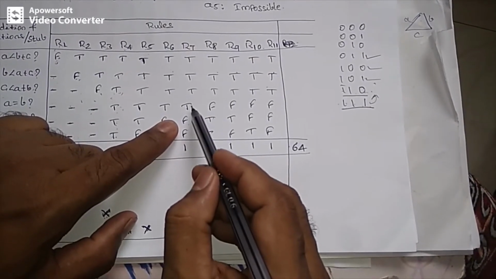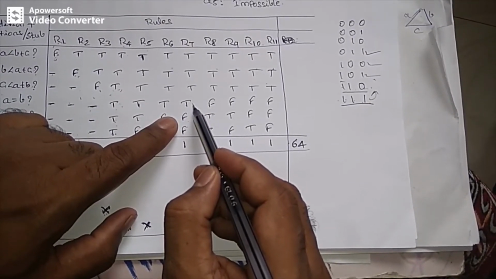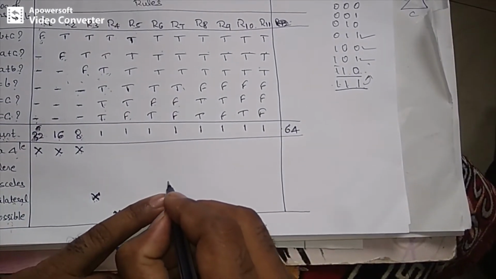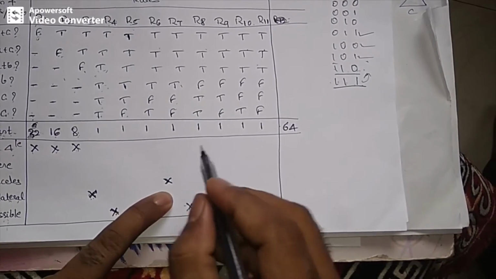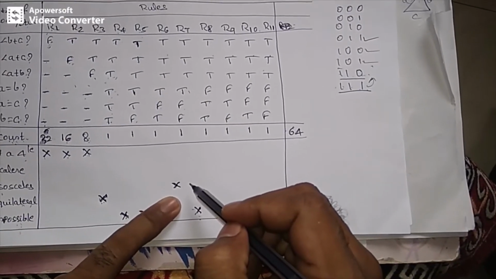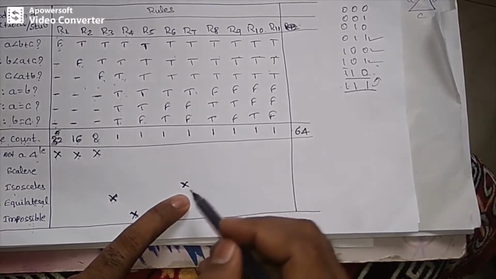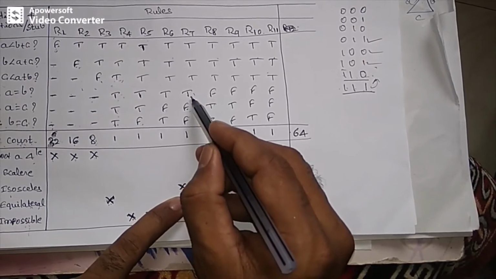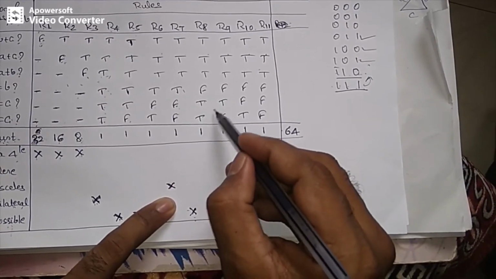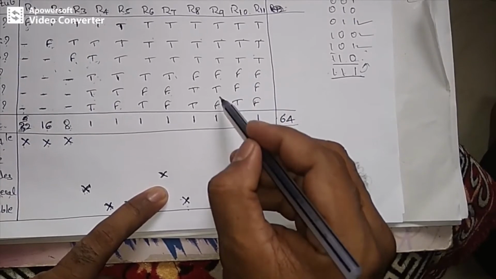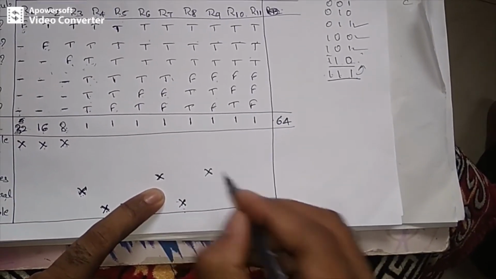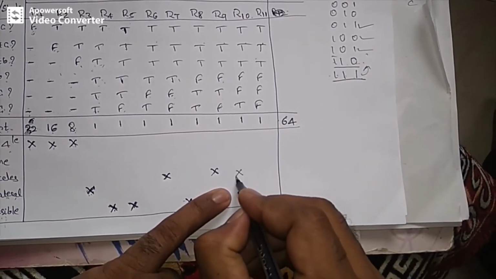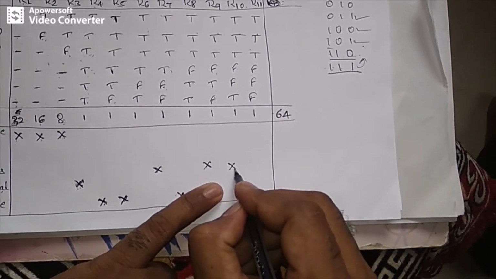If there are 2 false and 1 true, then my expected output result will always be an isosceles triangle. You can see in which columns we have this type of combination, meaning two conditions are false and one condition is true. Here two conditions are false, one is true, so my expected output result is isosceles. Here two false, once again my expected output result is isosceles.